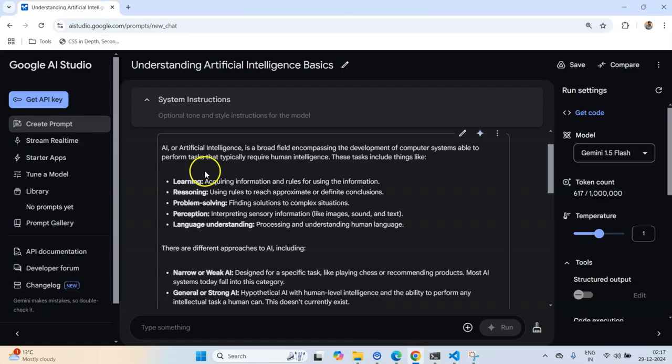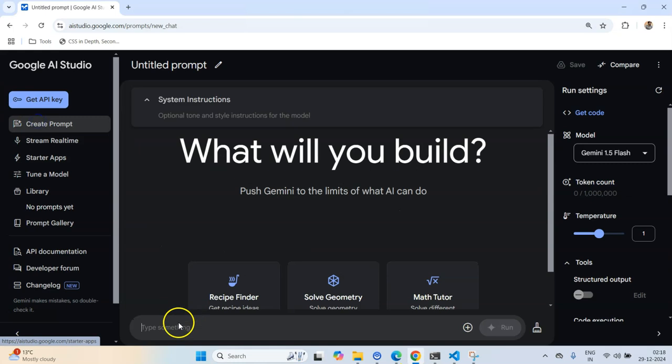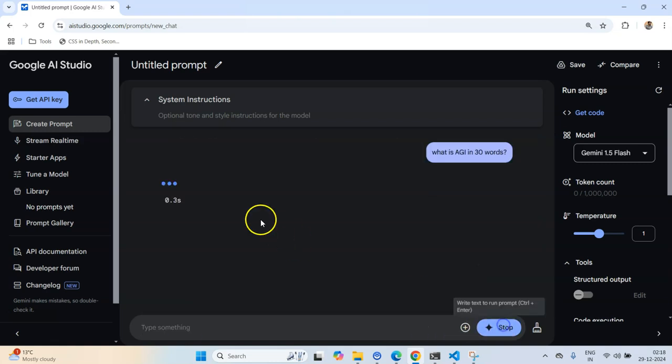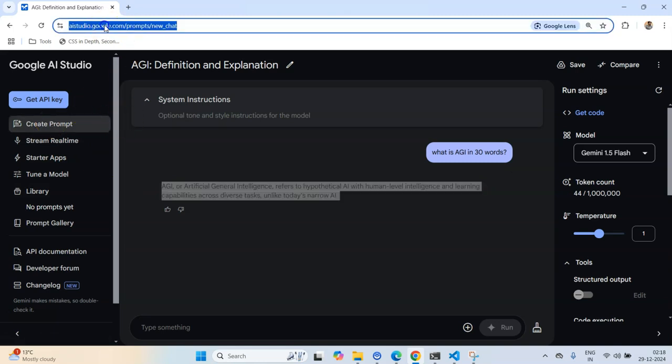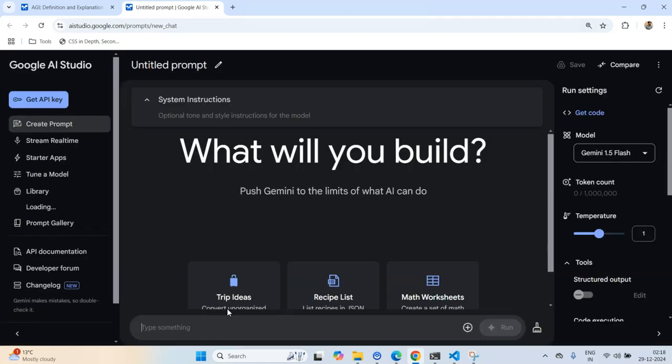Let me go to the AI Studio, create a new prompt, and ask this model, what is AGI in 30 words. Let me copy this text and run it. You see this text. Now let me open this in a new tab and type the same prompt again and run it.